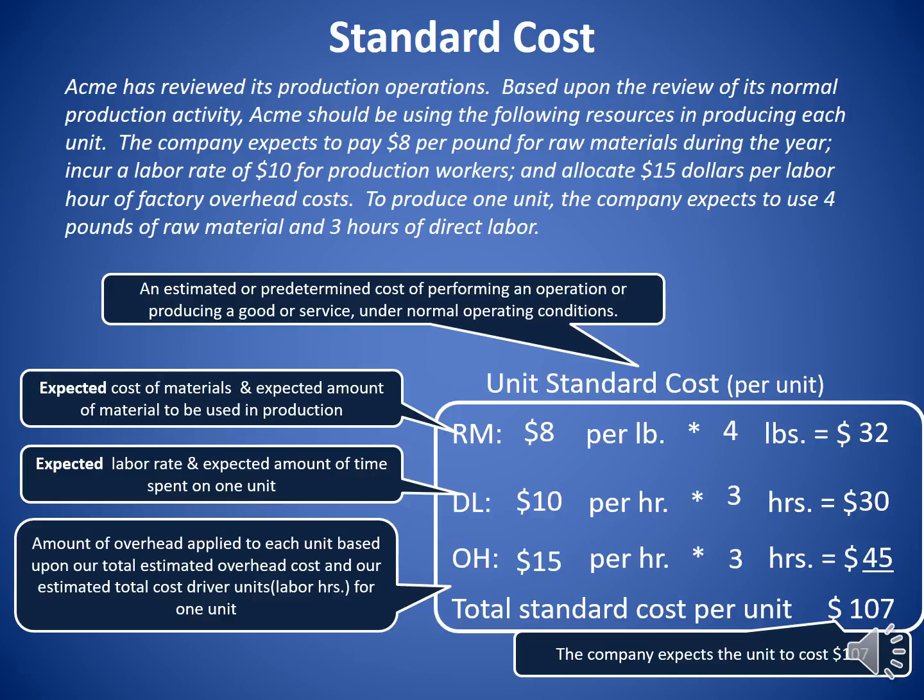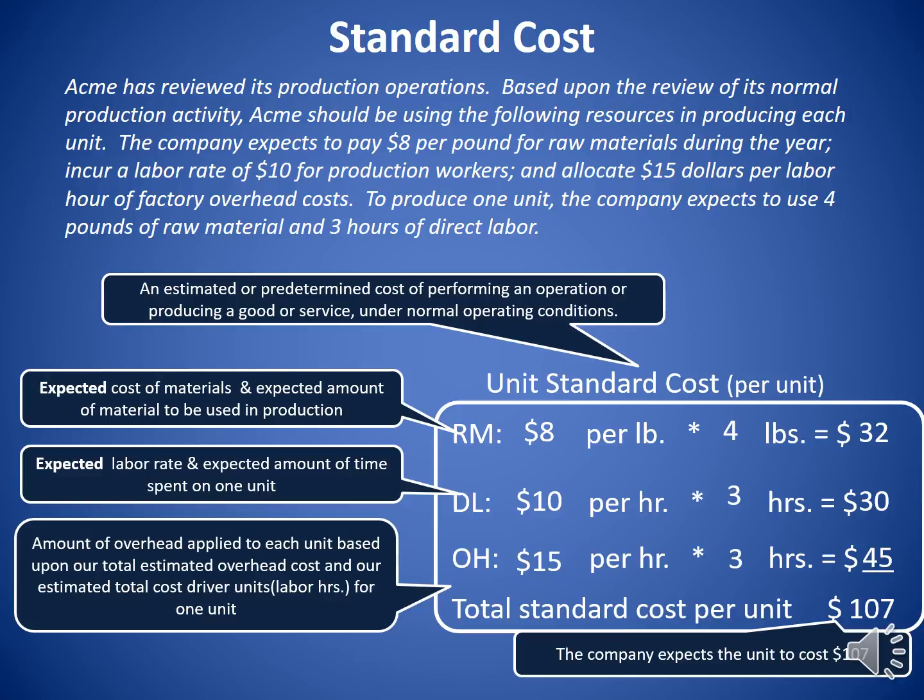Now that's a lot of information, and unfortunately overhead variances or overhead costs can be a little bit complicated. We'll go over them in detail during our presentation. So we see our overhead application rate is $15 a unit, and we said that we're going to apply overhead based upon the amount of direct labor it takes to make one unit, which is 3 hours. So $15 per predetermined overhead rate times 3 hours equals $45 worth of overhead is incorporated into this one unit